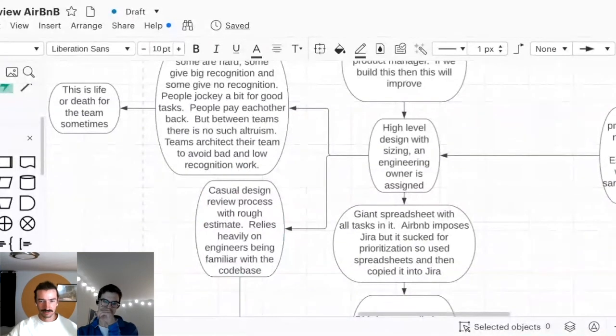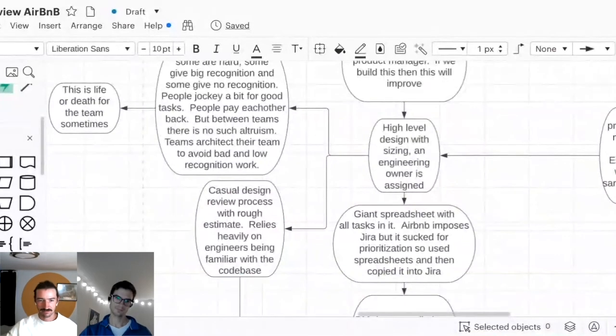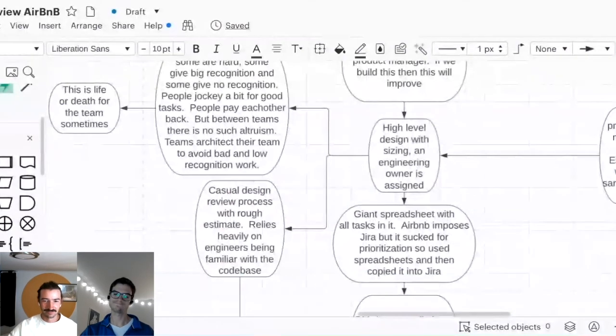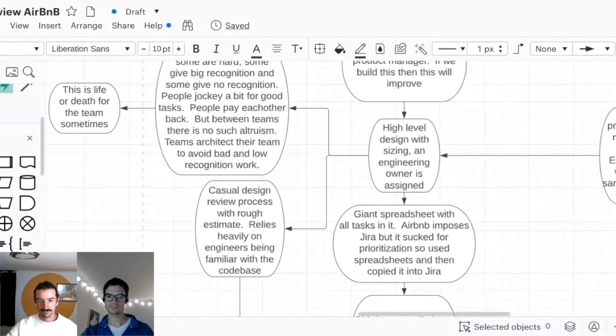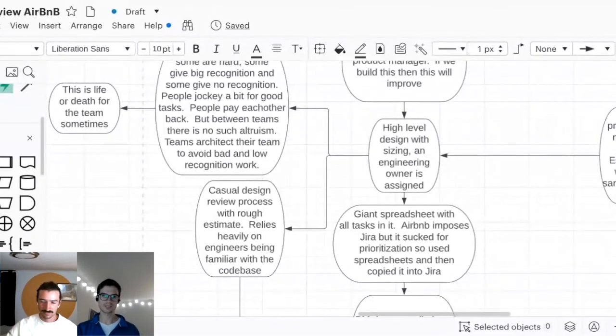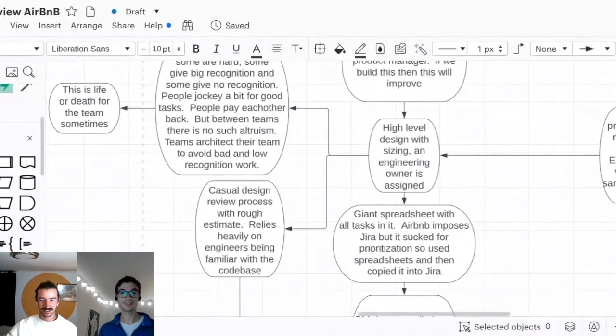I think a big part of engineering is just building a mental model of the code in your head, which is why team turnover actually hurts you so much as an engineering team. You lose that, and you get so much faster at estimating and coming up with a rough solution as you work on something over time. No, I totally agree that the quality of your designs just goes up so fast as you learn more about the problem space, the code, and the existing process. Yeah, for sure.